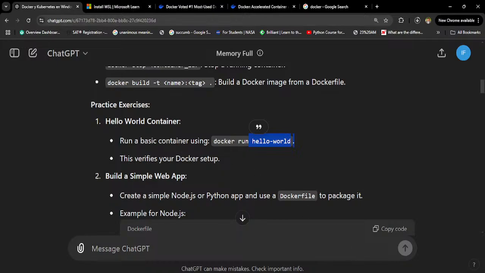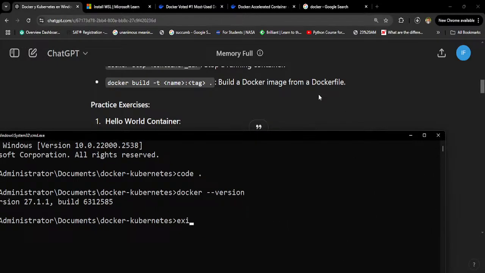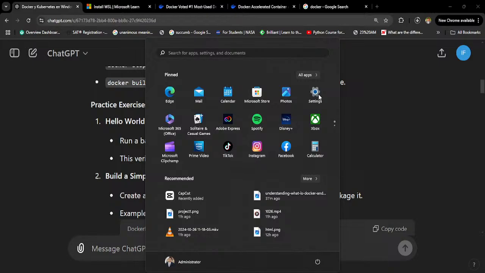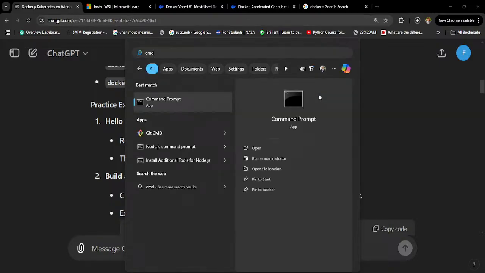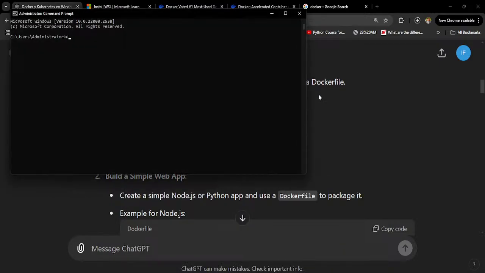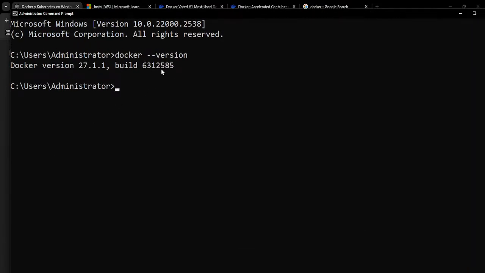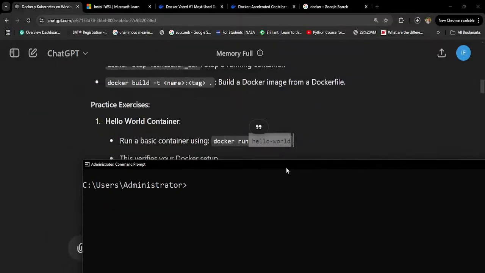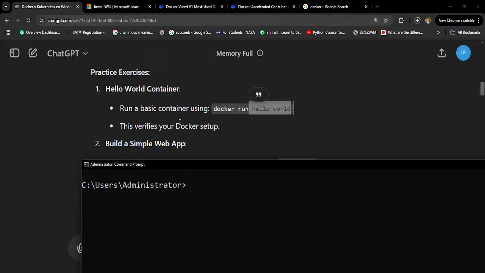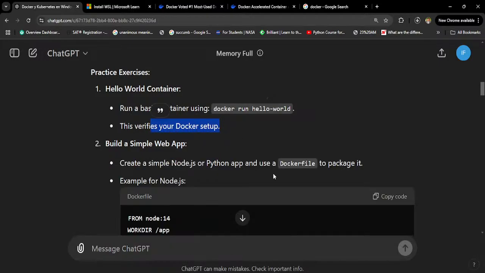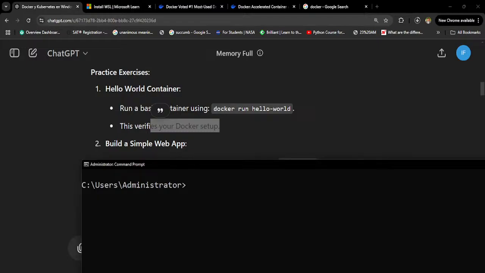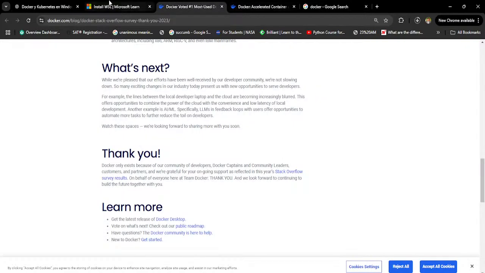If I go to the command prompt, press exit, and cmd here, and I just type in docker --version. I did uninstall it, but now I reinstalled it, so I have Docker version 27.1.1. Okay, and then there was a build version as well. And run a basic container using docker run. This verifies your Docker setup. So if I write that, I assume over here in the